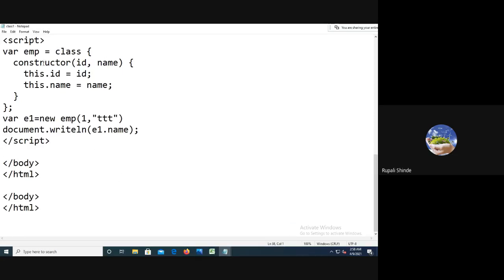In this case, we just have to create here var emp, we can say it is the name of class, because whatever class we have to create here, it is completely represented by the emp variable. So I have to create here the object of the emp variable, and I'm going to pass the value to that respective constructor. Whenever the object or variable is created, the constructor of the class emp is automatically going to be called. Id and name accordingly it is going to assign, and then we have to display e.id and e.name.